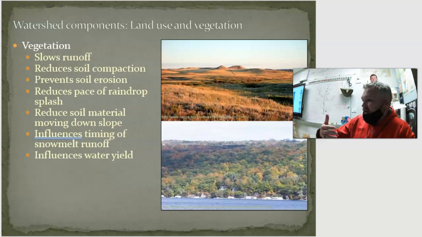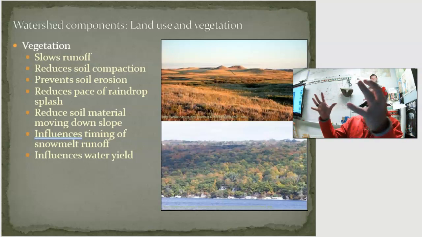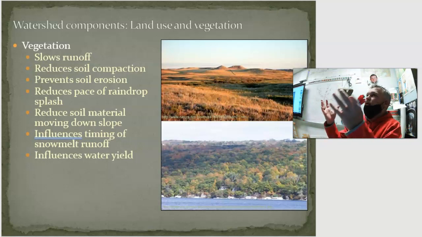If you ever have your yard lose its grass, then typically you end up where you lose the soil too, because the grass isn't there to hold the soil in place. So vegetation actually helps keep the soil in place. It slows runoff. It allows more water to be absorbed into the soil. And then there it says it reduces soil compaction. That's because the roots break up the soil and aerate it to help expand it, basically.